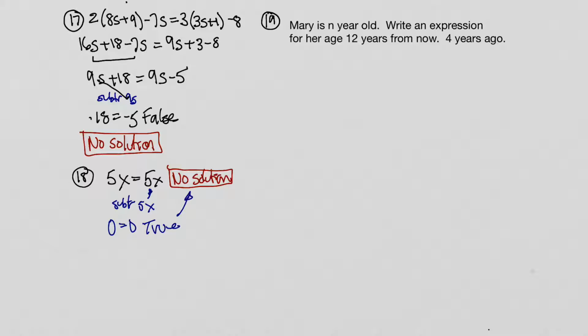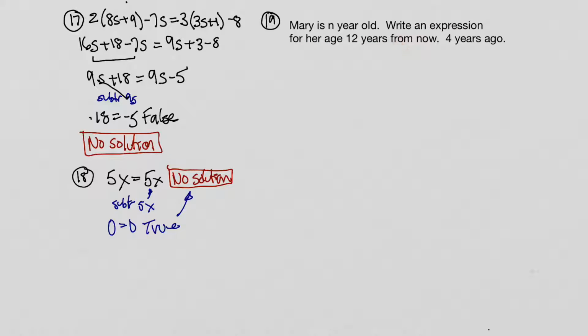We've got some words to deal with here. Now, here's what we're told. Mary, she is n years old. Now, n could be some number. You know, we don't know what number it is. We don't know how old Mary is, so we'll just say n for a number of years, maybe. So just imagine, here's Mary. How old is she? N. She's n years old. So now what we want to do is write an expression for her age 12 years